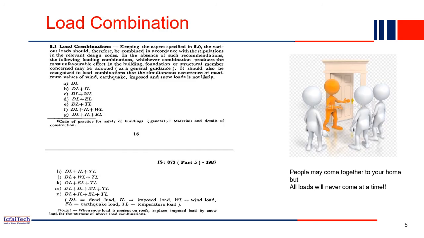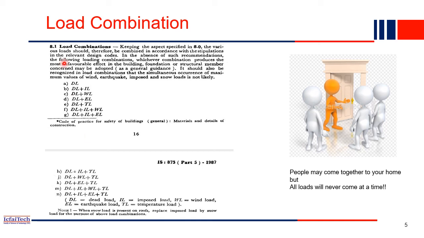Now the last part in load is load combination. Now what is load combination? So if you see, in a normal condition, the dead load will always be there in a structure, whether a human stays there or not. Then wind load also: if the structure is situated near the coastal region, then you have to consider wind load. If your structure is situated in a Himalayan region, then you have to consider live load, snow load as well as earthquake load.